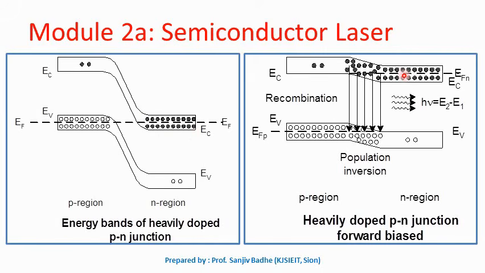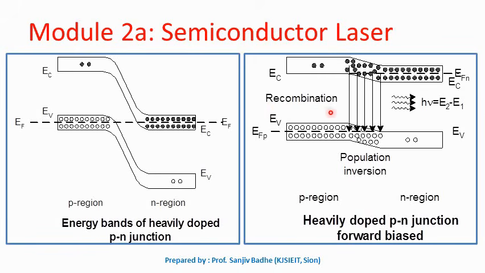A large number of electrons in the conduction band means a large number of electrons will cross the junction and will arrive in the junction area. Similarly, a large number of holes in the valence band means a very large number of holes will cross the junction and will arrive in the N side near the junction. So a large number of electrons in the conduction band, a large number of holes in the valence band. So a large number of photons will be given out due to recombination that is occurring at large scale.